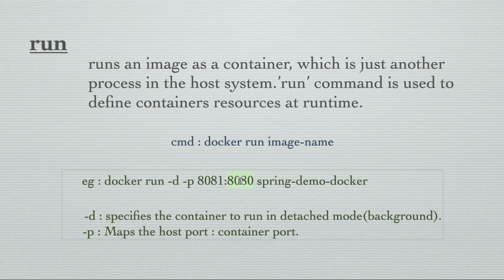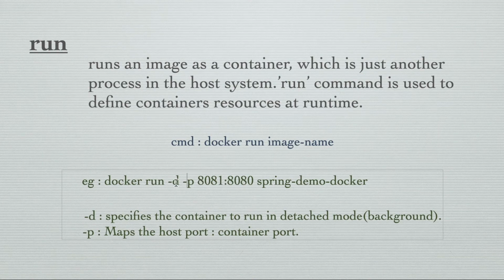The Spring application running inside the docker container will be exposing port 8080, and we want to access that API. So we have to map this 8080 port of the docker container to the 8081 port of the docker host system, so that we can connect to that API and get the response. The -p tag is used to map these ports. -d is to run this container in detached mode.